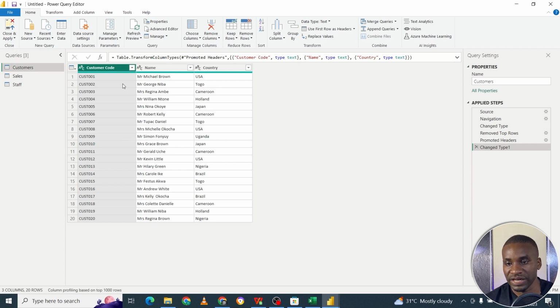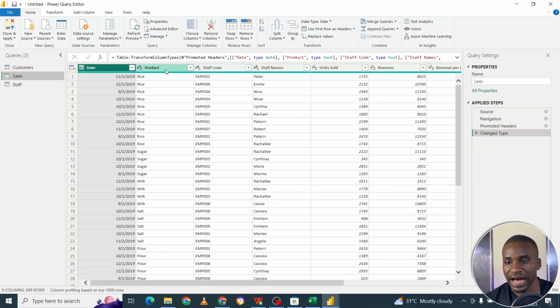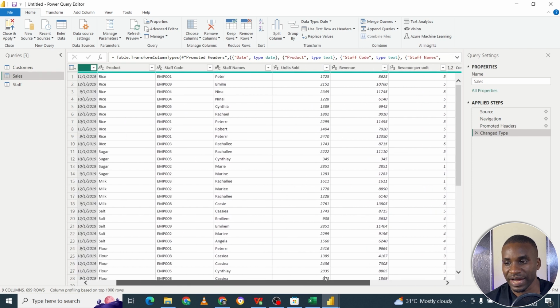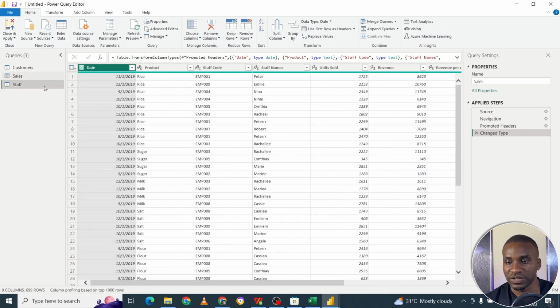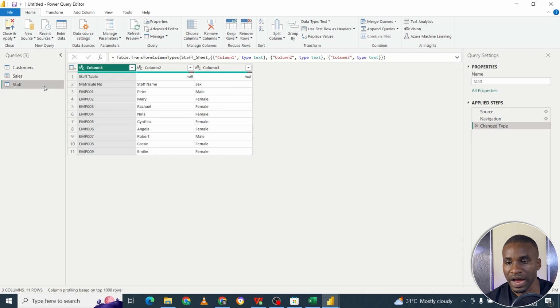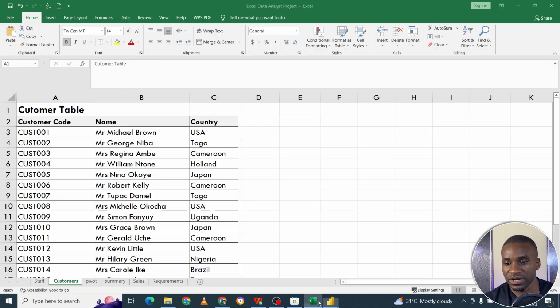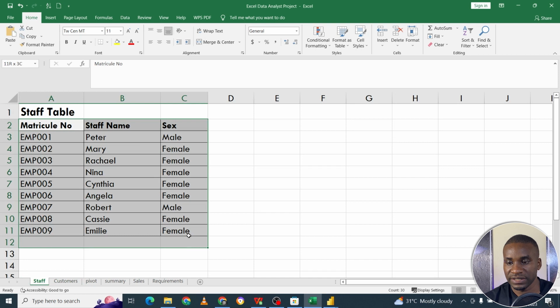So we'll just leave this customer table like this, go to sales, and as we see, sales looks like it's okay. We can leave it like that. Then go to staff. As for staff, we need to do almost the same thing we did for the customer table, so that the staff table looks just like that. So we are going to go back here,